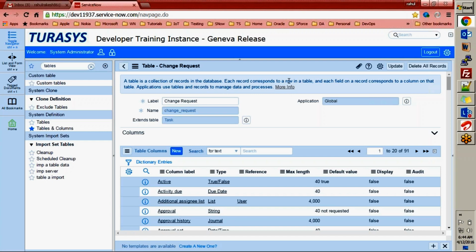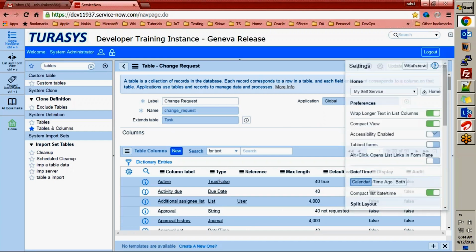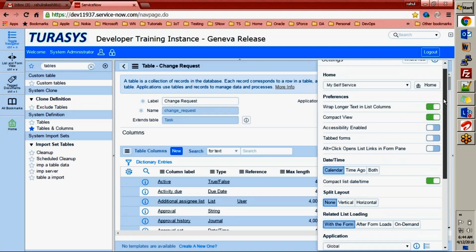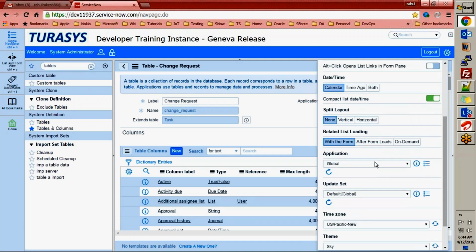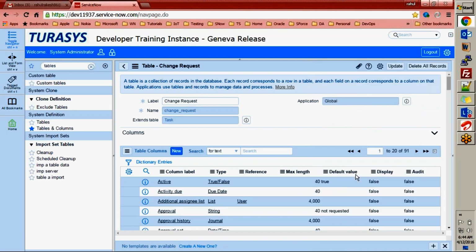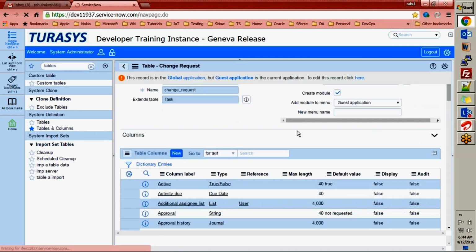There will be a link that will take you to the change application settings page, and you can change the application. For example, this is a global application right now, so I can change this table structure here because this table is associated with a global application. But if I was in some other application, for example, some test application or guest application, and I am on the same page,